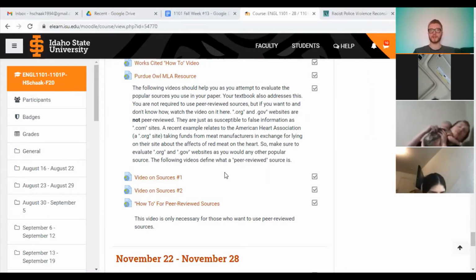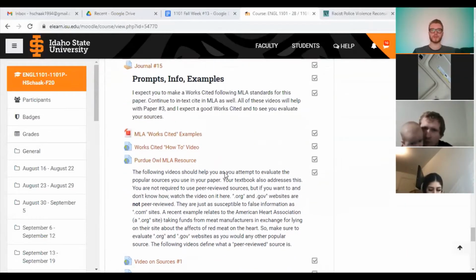So we're going to talk about that today, the difference between popular and peer-reviewed sources and why that's an important difference. For this paper, you're only required to use popular sources. Originally, the unit was set up to have you research peer-reviewed sources, and those are much harder to find, harder to read, more disorienting. I didn't think we had enough time to do it in the 4 weeks, especially with 2 of those weeks you being on vacation / doing finals week. So we're just going to switch over to doing popular sources.